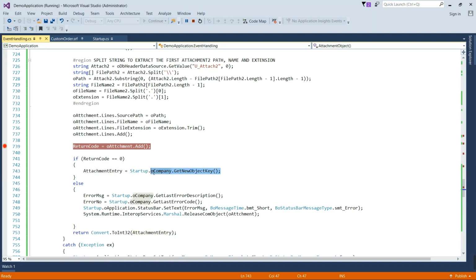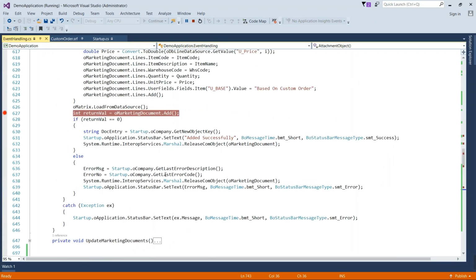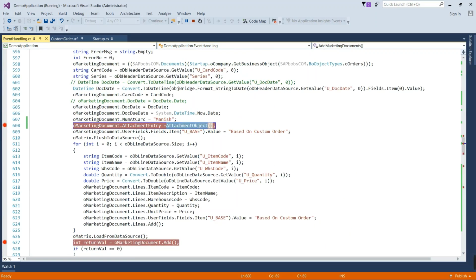Basically this function helps us get the current or latest object added to the company. So this function will return the key for that object. We will receive this ABS entry into this variable and return this variable value back to the add marketing document here, and the ABS entry would be set to this attachment entry.